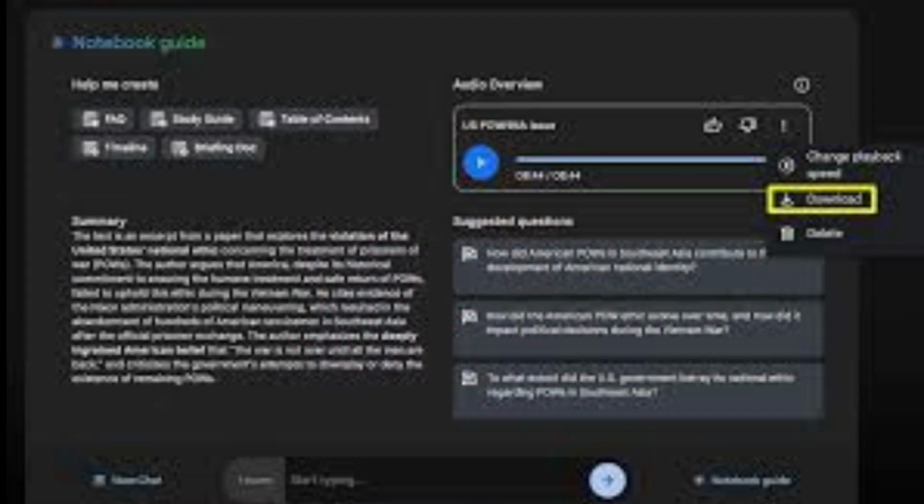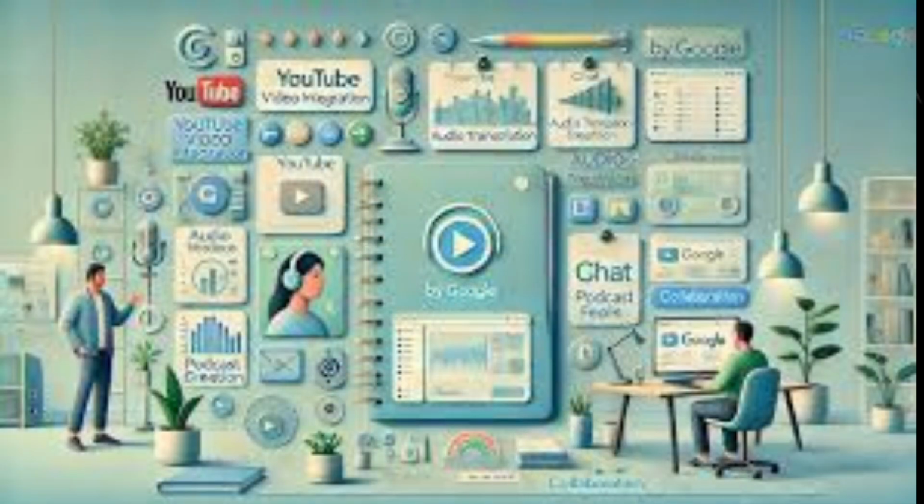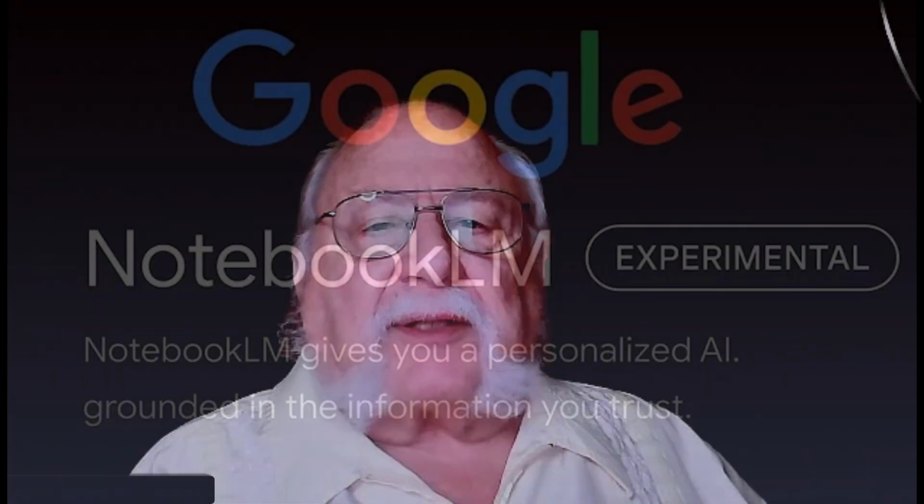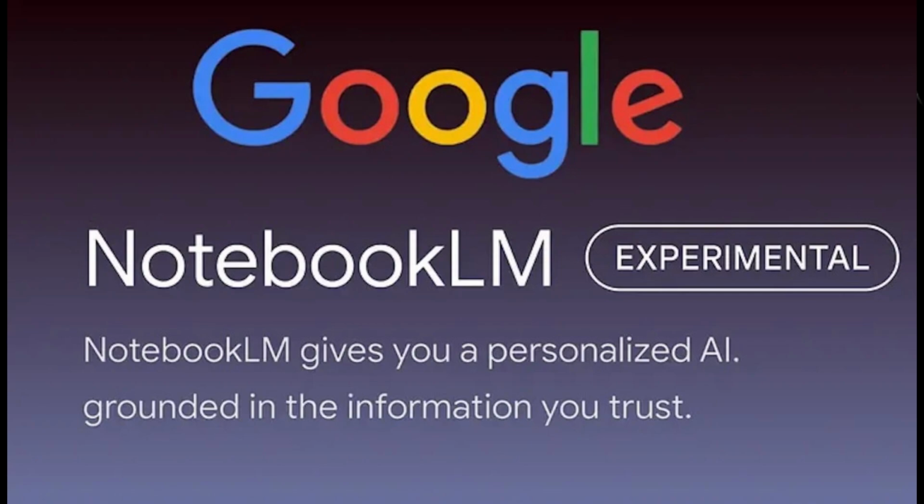Developed by Google, Notebook LM is an AI powered research assistant designed to help users synthesize information from multiple sources, asking complex questions about their notes, and generate summaries, outlines, and new ideas, all within a single interactive workspace. Whether you're a student, content creator, or just someone exploring a new topic, Notebook LM can make research more efficient